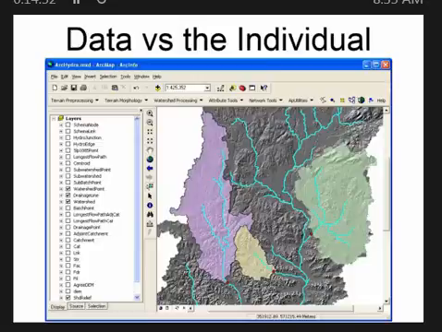But if I'm coming to a map that looks like this as a user with all these different layers, I'm wondering a lot of things. What is this map about? Where am I on this map? Because I don't see my address or streets. What does it mean if I'm in the green area? Does that mean I shouldn't put this down the drain? It doesn't give me a lot of information